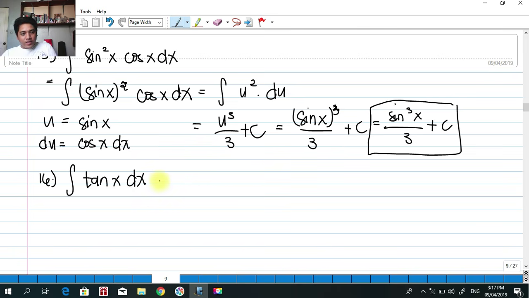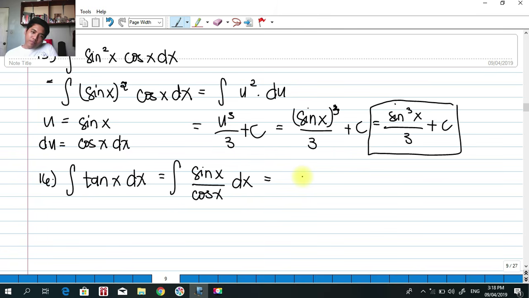So, the integral of tangent x dx, we can derive this as the integral of sine x over cosine x dx. This is an identity. And if we are going to let this,